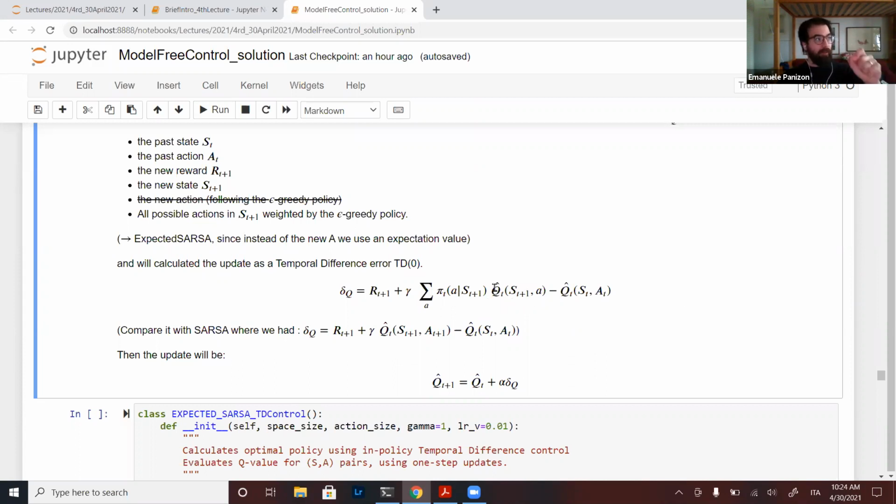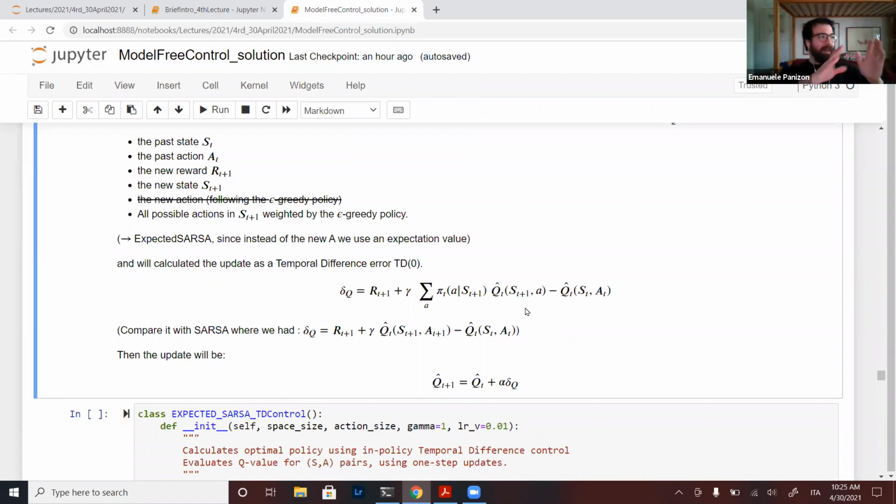It does not have argmax over A of Q(S_{t+1}, A), which is hypothetically doing the best thing, what Q-learning is doing. Instead, I know that I will follow my policy, an epsilon-greedy policy, and I know exactly the probability of each action. I'm summing over the actions the probability of doing that action following the policy I'm actually following, and the Q value of being in the new state and doing that action.